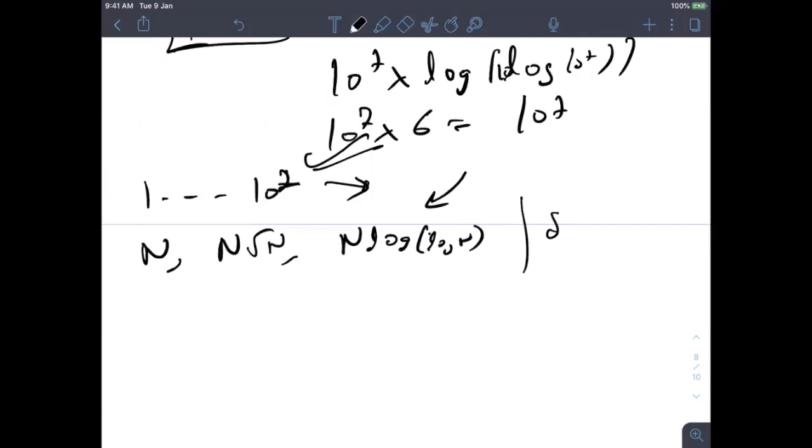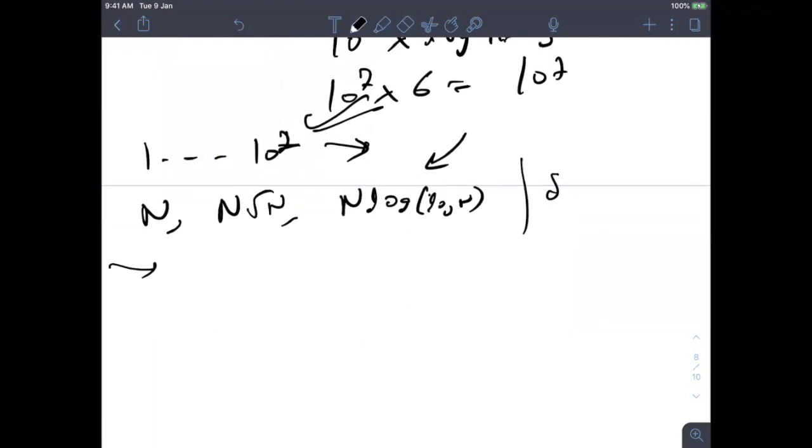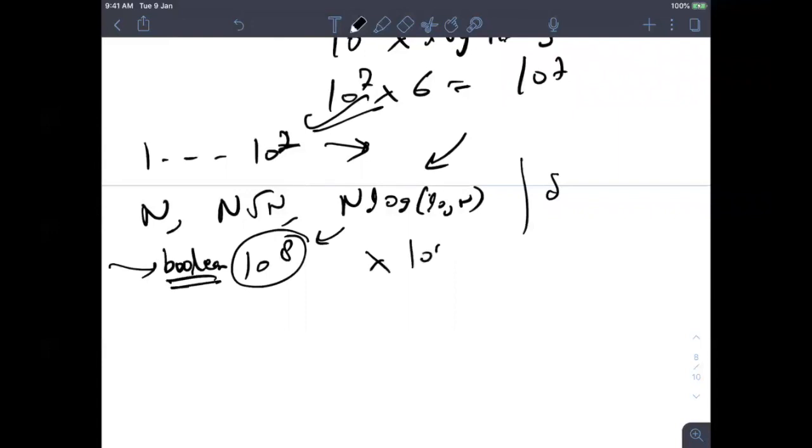Sir, I would like to know what maximum size array we can declare in competitive programming online editors. Good question. Some compilers will allow you to create an array of 10 to the power 8, and that too, I guess, Boolean, but not more than 10 to the power 8 for sure. No question will come where you will require 10 to the power 9 memory. And if you are requiring it, then you are thinking in the wrong way; you have to solve it in some other way. Okay, sir. Thank you.